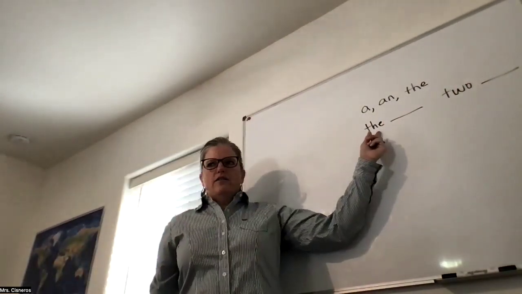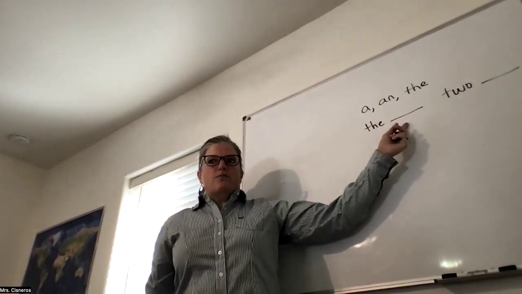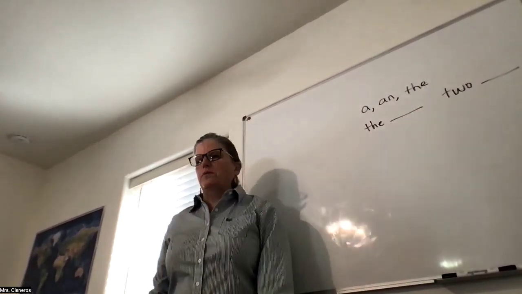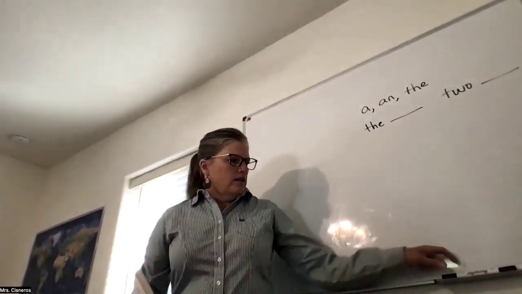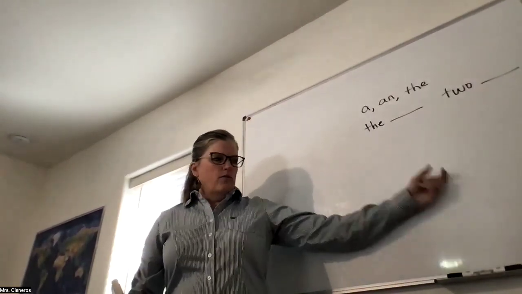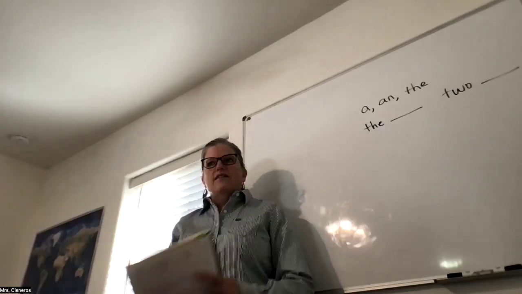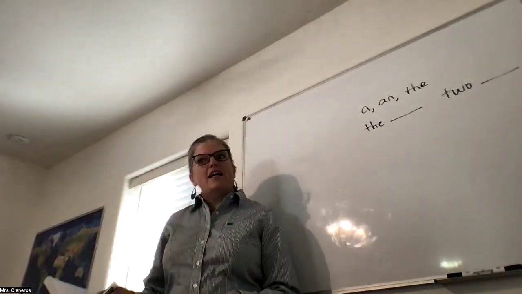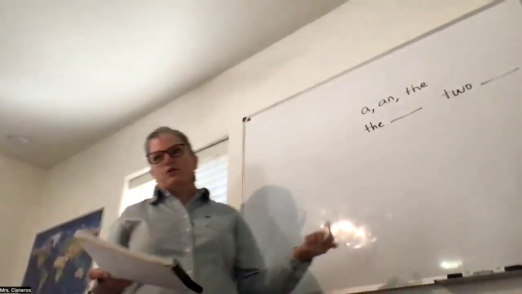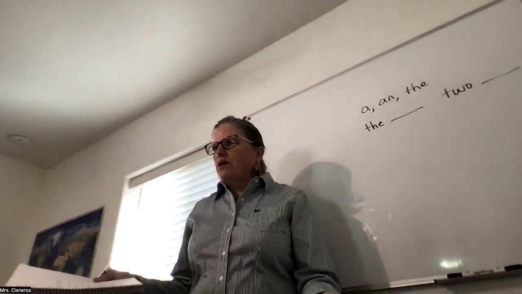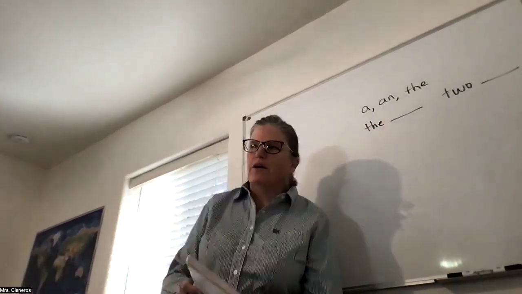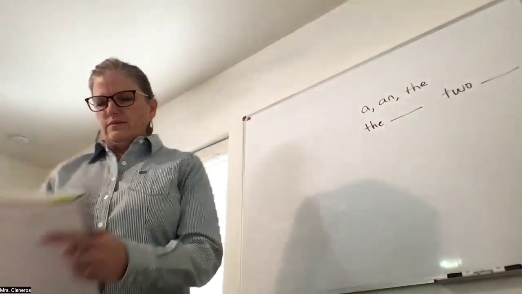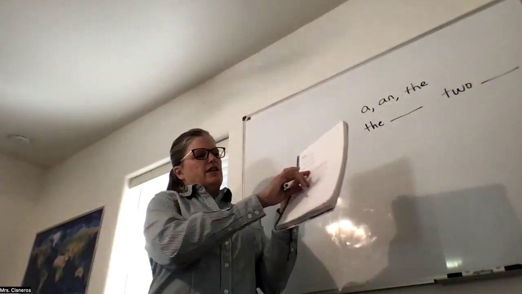If you can put the in front of it and the word, it's probably a noun, or the number two or any number and the blank, it's probably a noun. So if you can count it, like if you can count the markers, count the whiteboards, count the lights. Not everything is a noun. We also have verbs and adjectives, other words that are not. So if I said blue, "the blue" doesn't really make sense, right? You want to know the blue what? So that would not be a noun. That's an adjective.